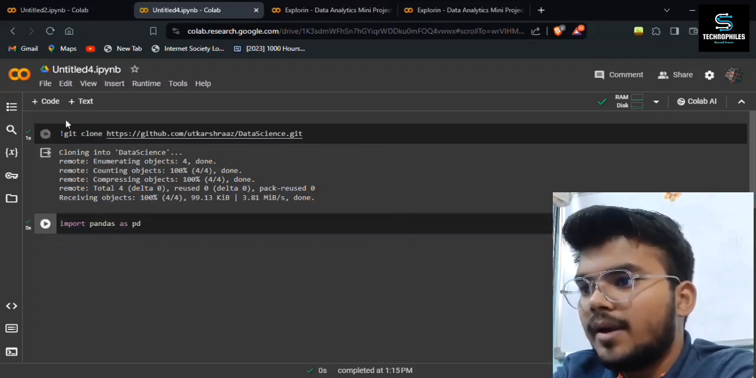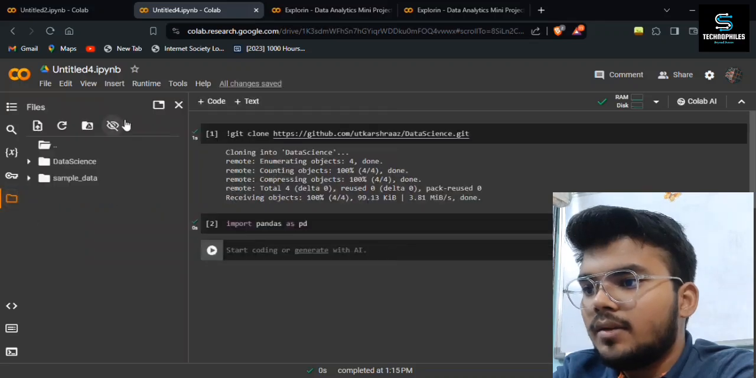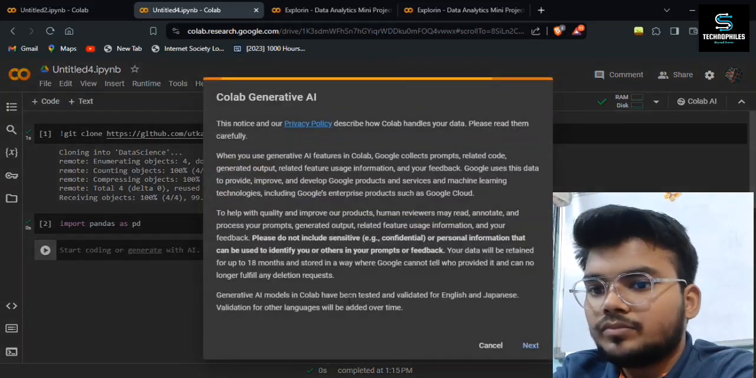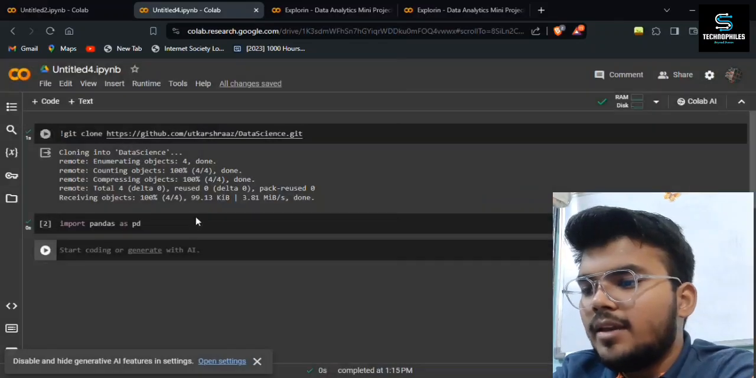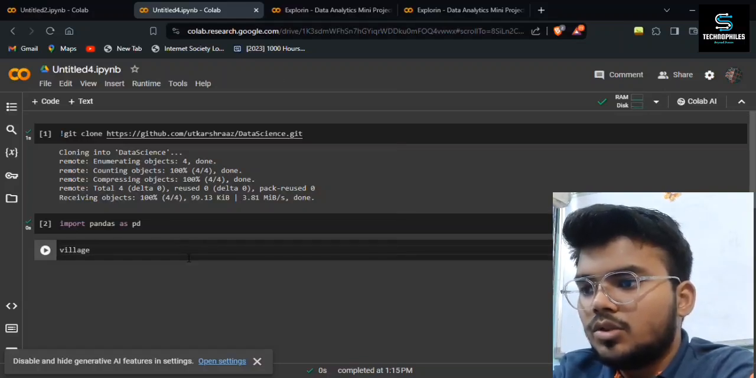We have imported pandas. Now our next step will be, since we have imported the data, as we can see here is the data. So I'll copy the path of the data and now I'll store this data in a variable. We'll name the variable village is equals to